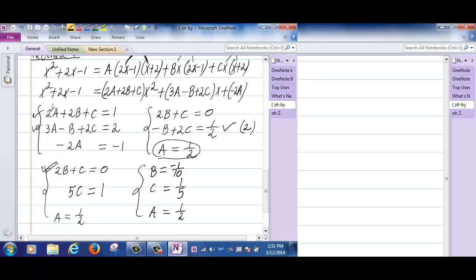Substitute. Instead of doing that, what I did is I looked at these two equations here, and this is what I'm doing. I am multiplying the second equation by 2 and adding the result to the first. The reason is, if I do that, then b cancels out. So my goal is to get rid of one of the variables. So I am getting rid of b, and if I get rid of b, then I only get a c